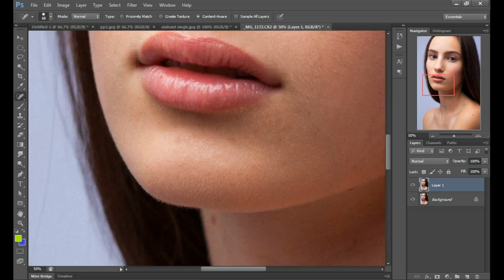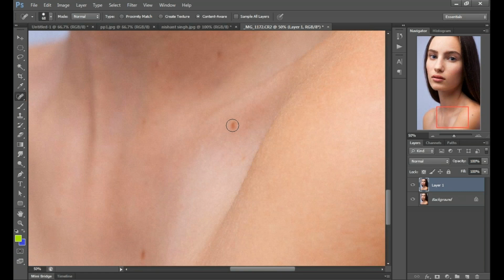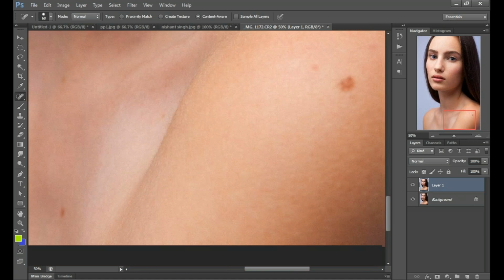If you want to remove that spot, just click on that. Click on that. Just click. We have a big mark on that side. Just make your brush larger than that.